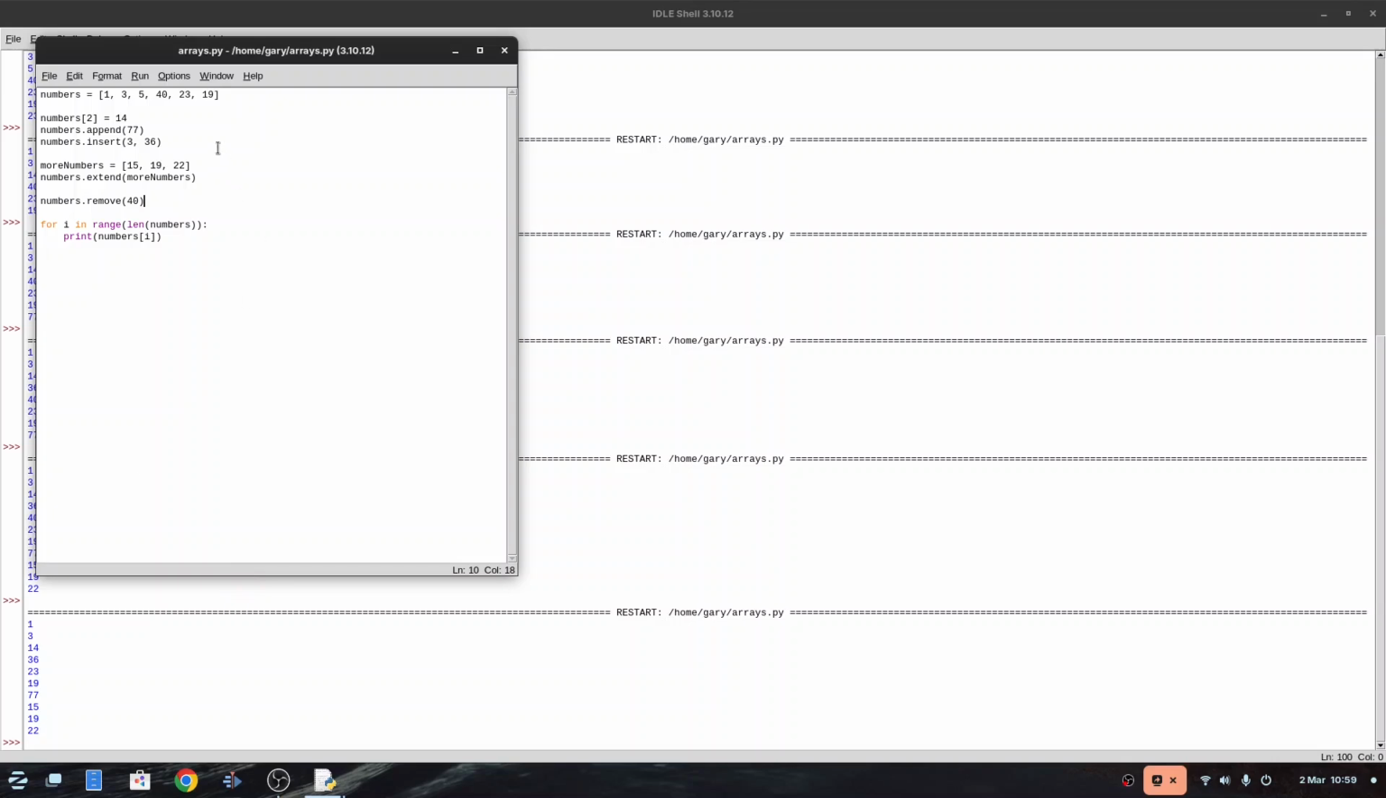If I actually want to take a number from the list and not have it anymore, what I can do is, instead of removing, I can do pop. And we can say which index we want, 0, 1, 2. Let's do number 2 because we haven't done anything to that. So our number 14 is not going to be there anymore. But what we can say is result equals